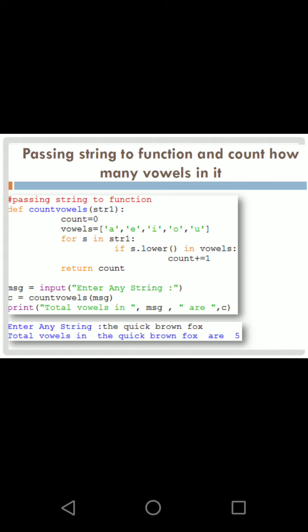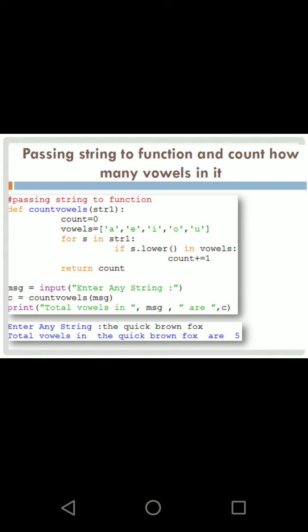If you are entering the string the quick brown fox, it will be copied to message, and the message is passed to the count vowels function, and it calculates and counts how many times A, E, I, O, U comes inside it, and that is passed back. So when it is returned, that count is copied to the variable C in the main function, and that is displayed as 5. You can see that only 5 vowels are there inside the string you have passed here.